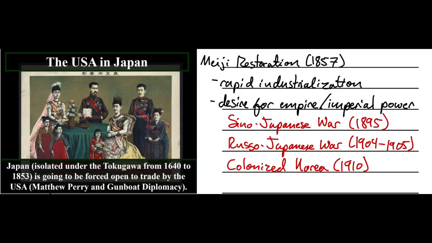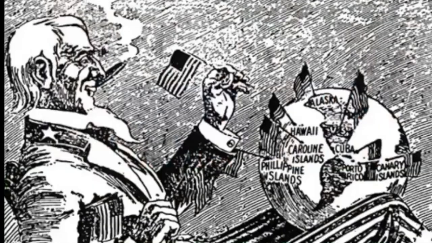And so we're going to see that these imperial powers, like Germany and Japan and the Ottoman Empire in World War I, are going to commit some human rights violations. Now, what about the United States? Okay, the United States is going to become an imperial power in Latin America, the Caribbean, and the Pacific. So these countries had established their independence from Spain and Portugal, but then the United States is going to start establishing themselves as an imperial power.